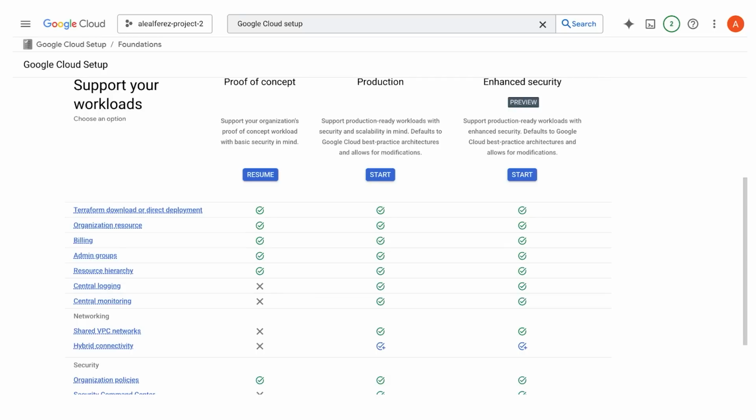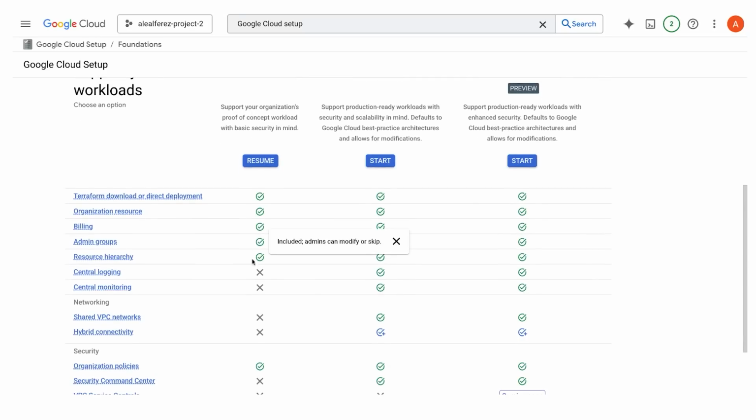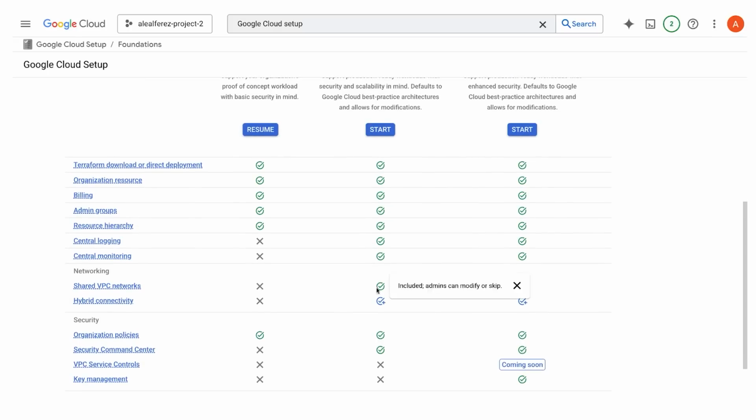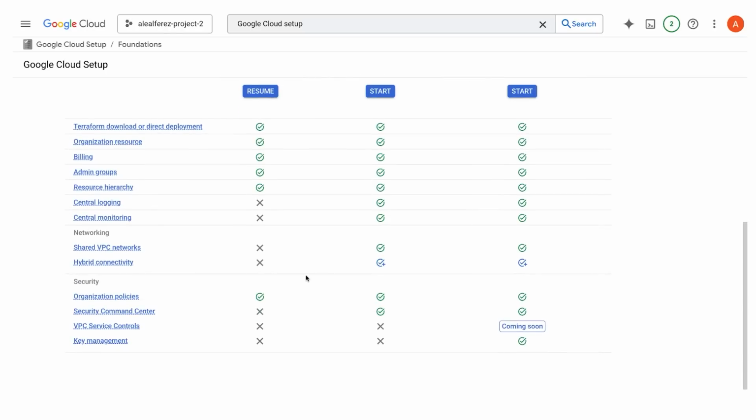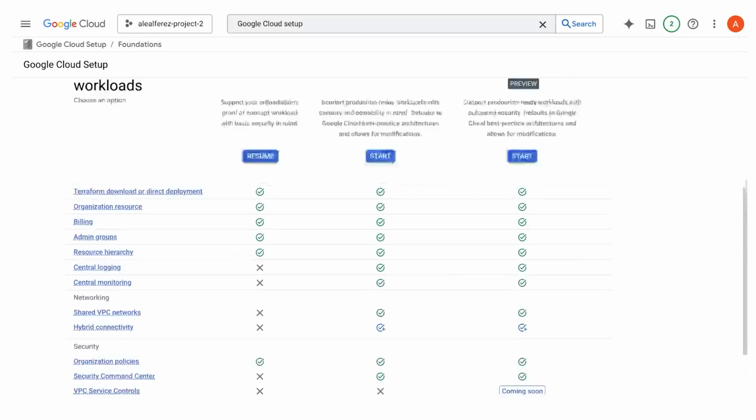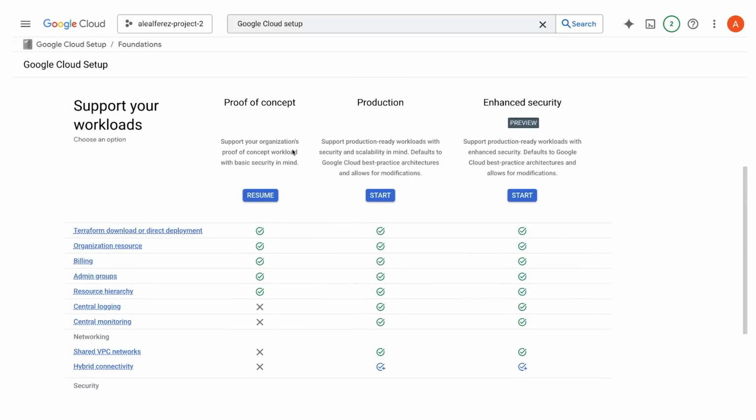Most startups do not need all the rest from here. You may have central logging, you may need monitoring. You can do that, but you probably won't use shared VPCs right off the bat, or hybrid connectivity, organizational policies, maybe. So I understand that a lot of people might want to go directly into production, but let's dive into